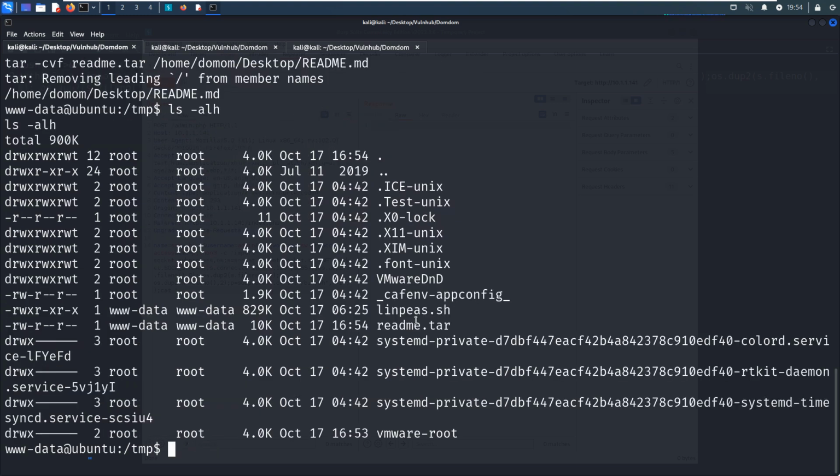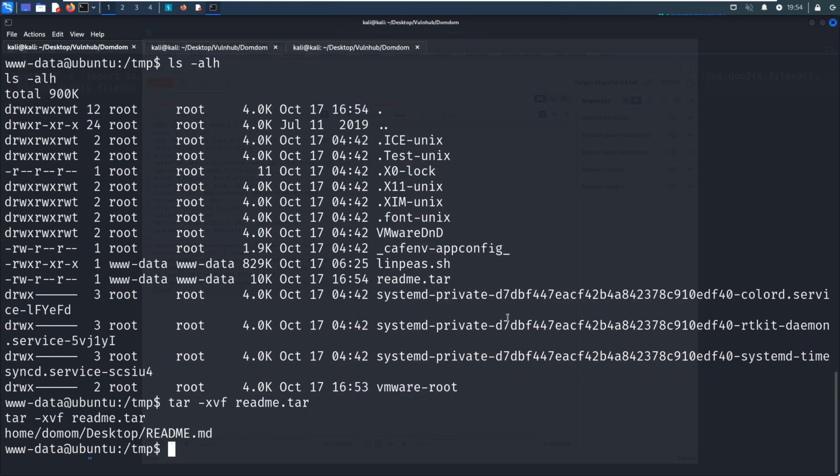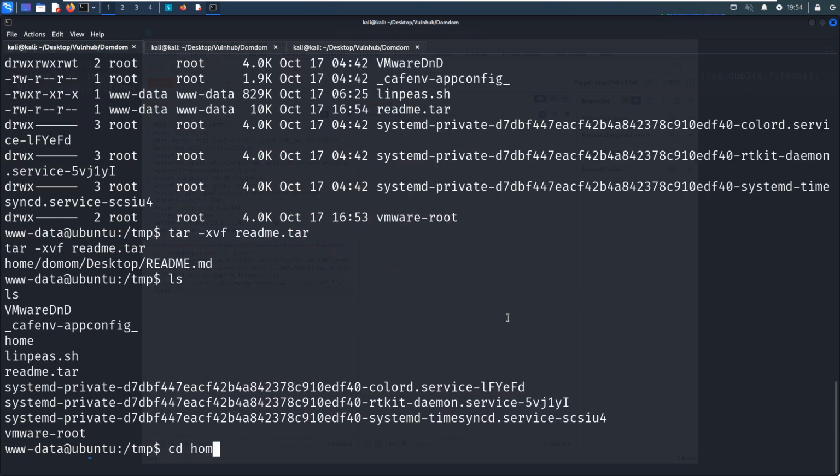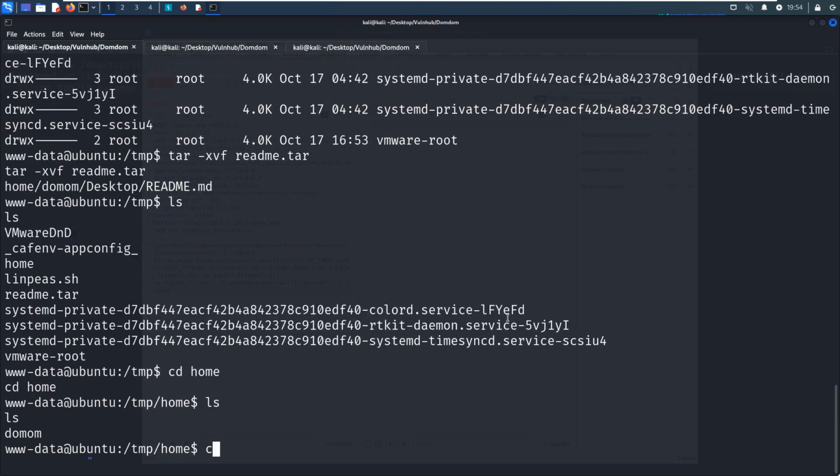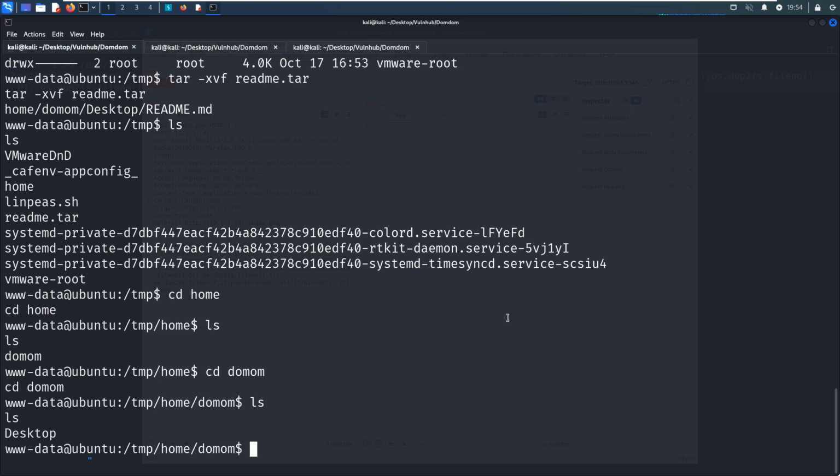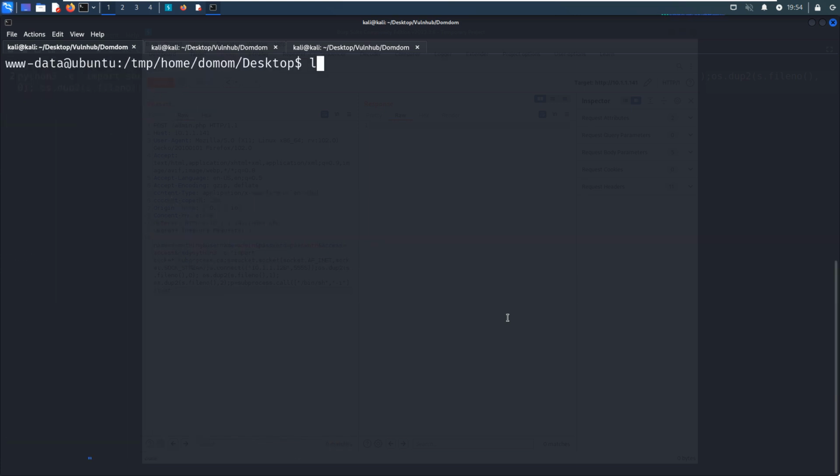All right, it's there. Now we can decompress this file, or untar this file. We can tar readme. It's done. And then we can go to the home, go to DOM, and go to the desktop. And then we can cat it out.